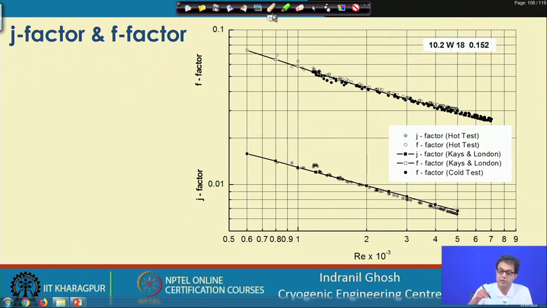For each fin we will have different characteristics, like the heat transfer and pressure drop, and we have to look into these pressure drop and heat transfer correlations for these fins before we take up the